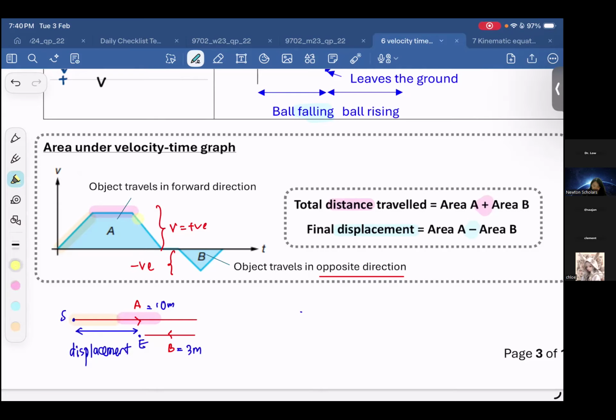The last part here has a negative gradient. What does it mean? Negative acceleration means decelerate. So this part is decelerate. But no matter whether you have constant acceleration, constant velocity, or constant deceleration, you're still moving forward because your velocity is in